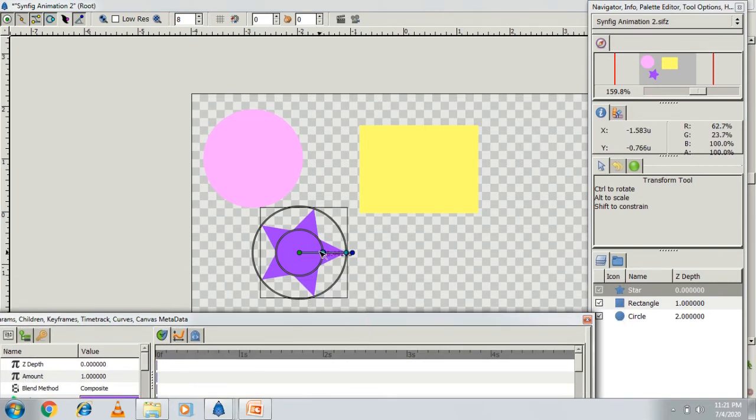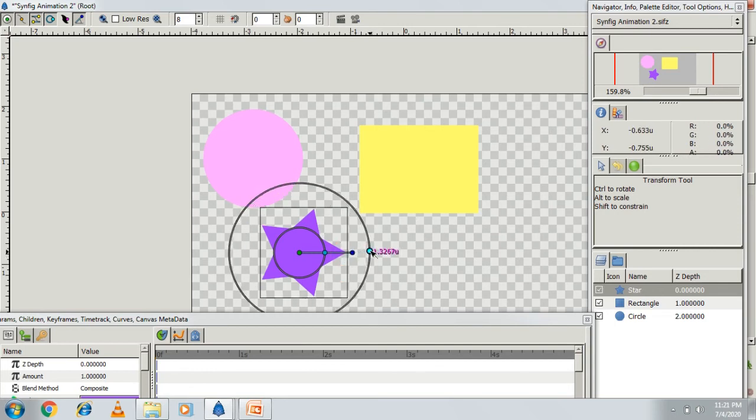Now if you want to decrease only the radius, you can decrease it this way, so you can see the effect of how it's working. If you want to increase the radius, you can increase it like this. It will take time, so you have to wait. Now if you want to increase the size of the triangle portion of the star, drag it this way.